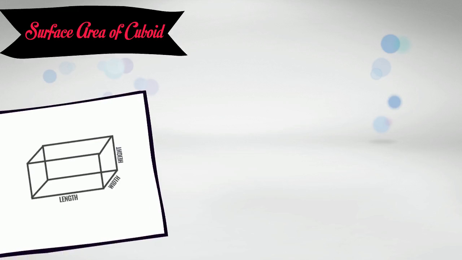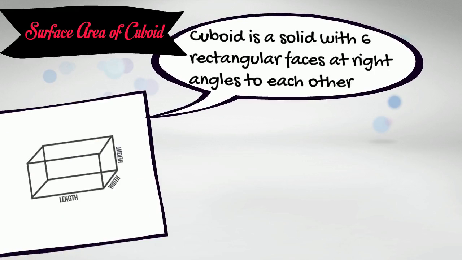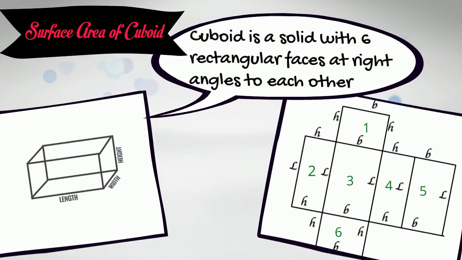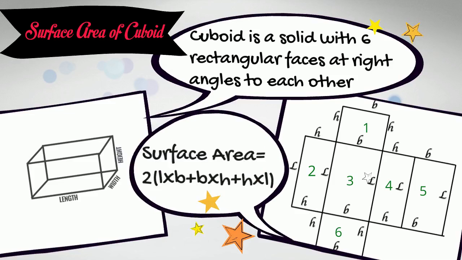First, surface area of cuboid. What is a cuboid? A cuboid is a solid with 6 rectangular faces at right angle to each other. So as we see in a diagram, there are 6 faces and they're at right angle to each other. So as we simplify this diagram, surface area comes to 2 times length into width plus width into height plus